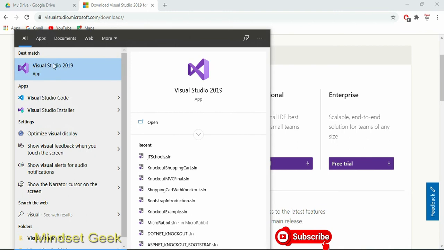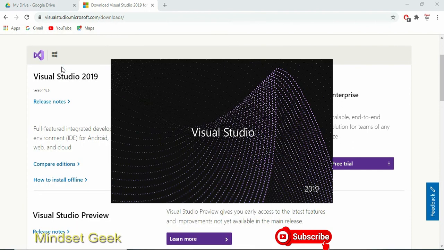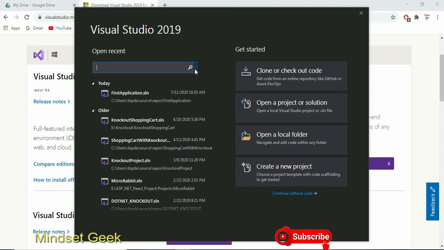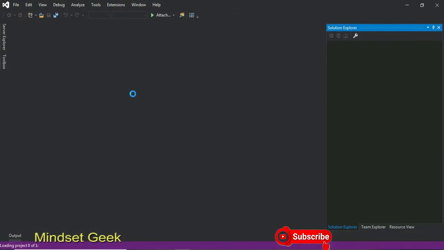But now I am going to open my installed one, that's why I select the Visual Studio 2019 app, right?